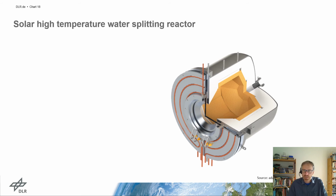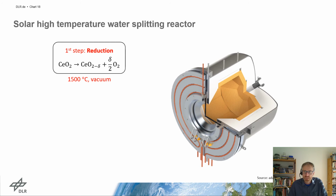To somewhat higher temperature and higher concentration. This is a reactor we used for thermochemical water splitting with ceria oxide. On the right hand side you see the reactor. The yellowish component is the so-called absorber, which absorbs the radiation which enters the reactor through a quartz window and is heated up to a temperature level of around 1500 degrees C. We apply a vacuum in order to suck off the oxygen which is set free from the ceria due to an endothermal reaction